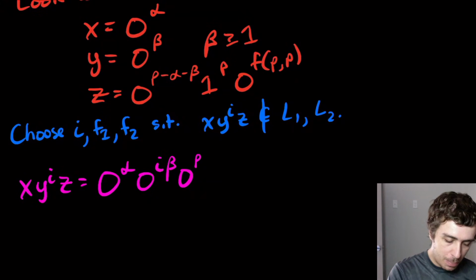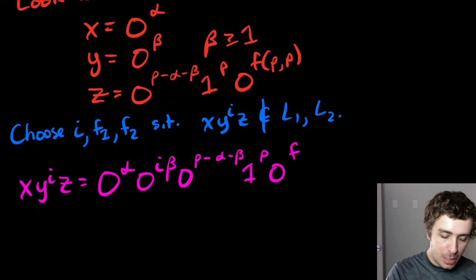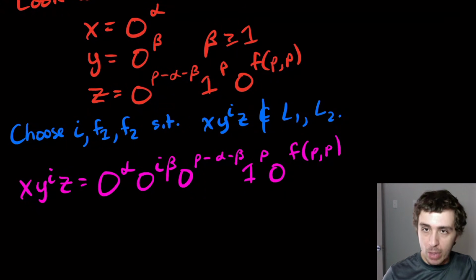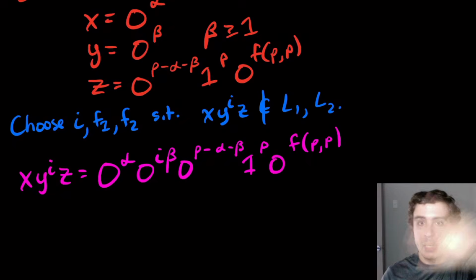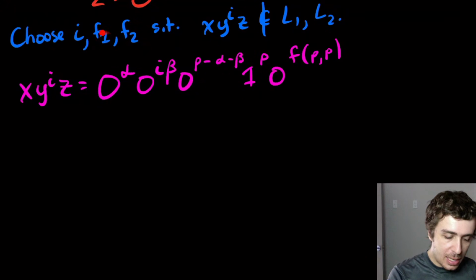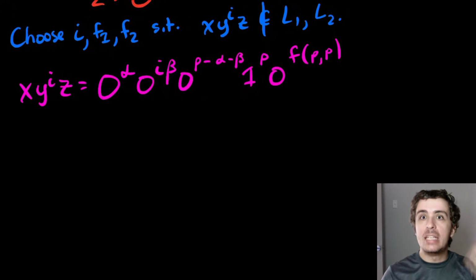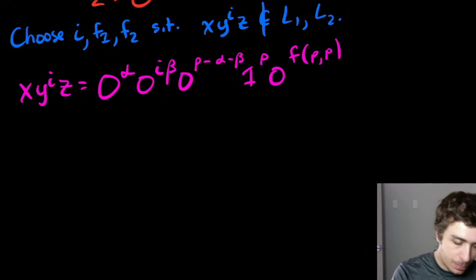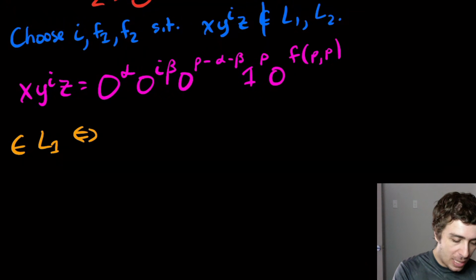So 0 to the p minus alpha minus beta, 1 to the p. And I'm just going to write F here for now, because this is just a general case. Now let's check whether or not it's in L1 by substituting F1 in. F1 is just adding the two values. So this is going to be in L1 if and only if,